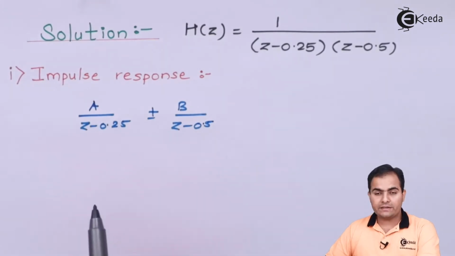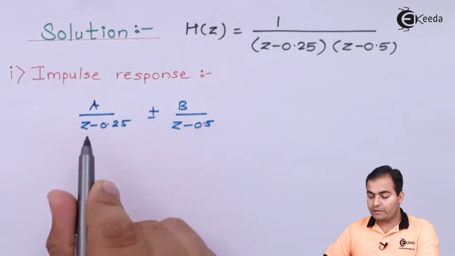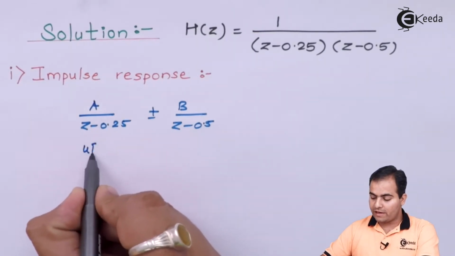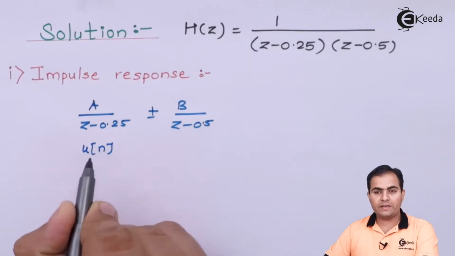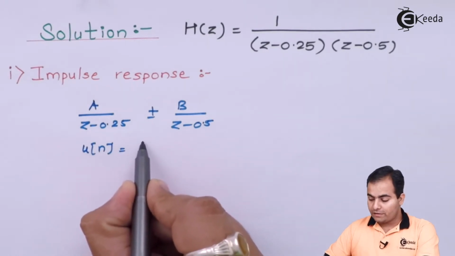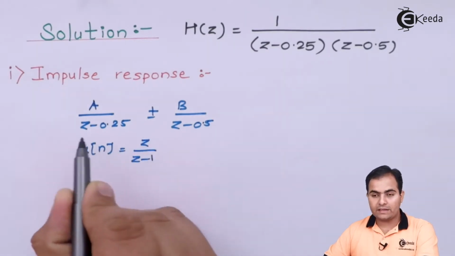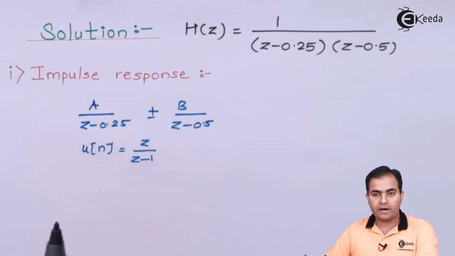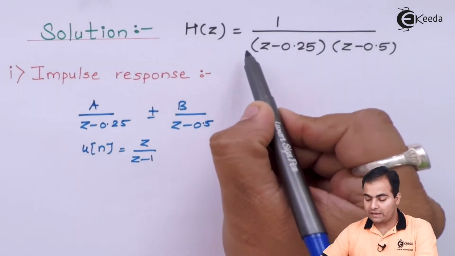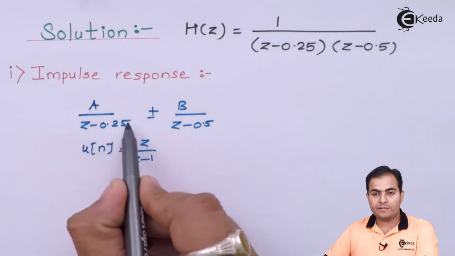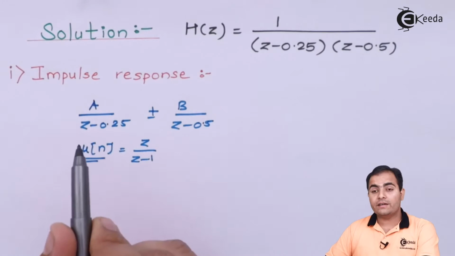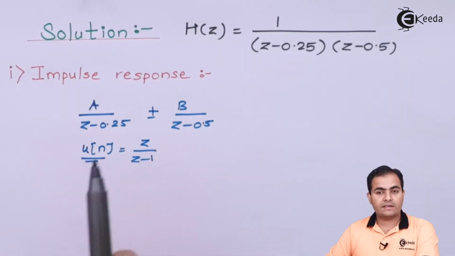Now we have studied one thing: if you are going to find the inverse z transform of this function, then your result will carry the unit step response. But in case of unit step response, it is necessary to have z upon (z - 1) in each and every term or each and every part. But right now if we are not going to multiply numerator and denominator by z, then we will not get any z in numerator. So you cannot apply u(n) over there, or you are not able to apply inverse z transform on it.